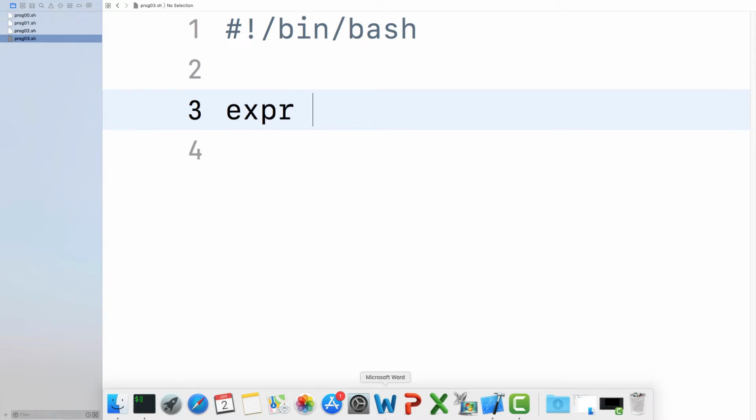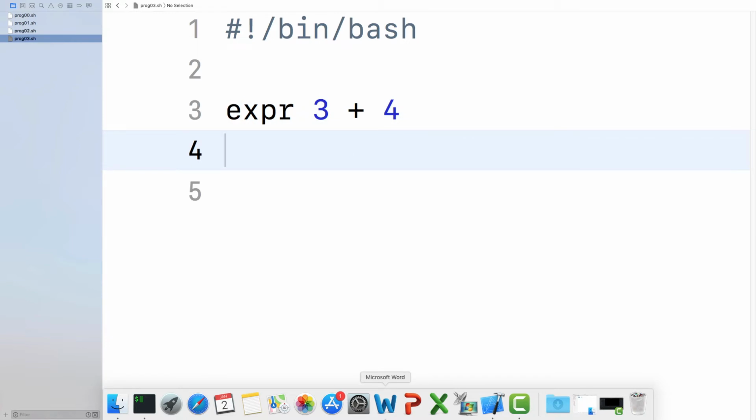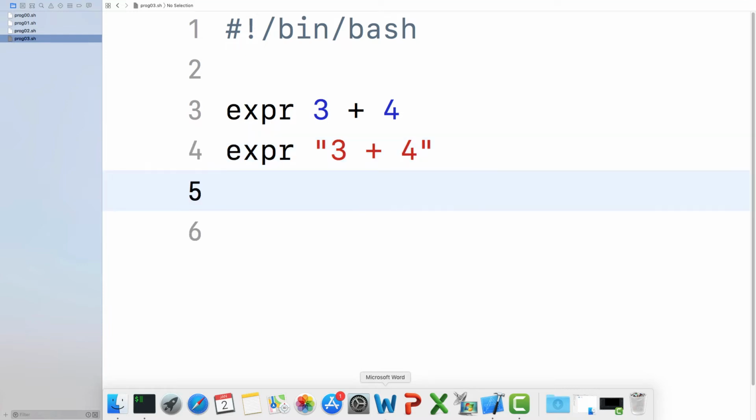expr 3 plus 4, with spaces. The second way is expr 3+4. We are just trying all the ways to write expressions. We are going to write in double quotes also in order to see if this works.